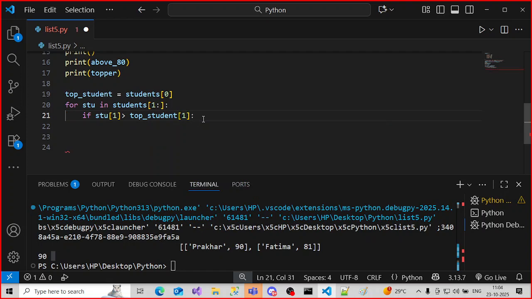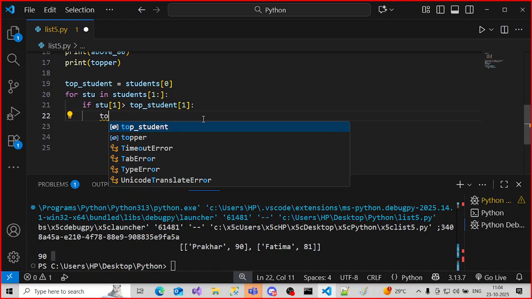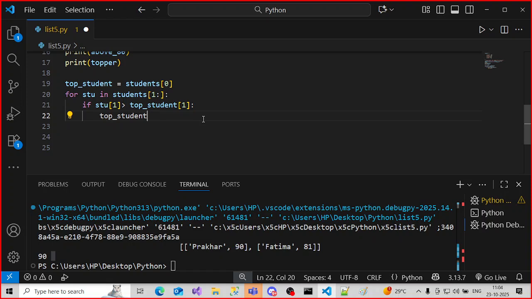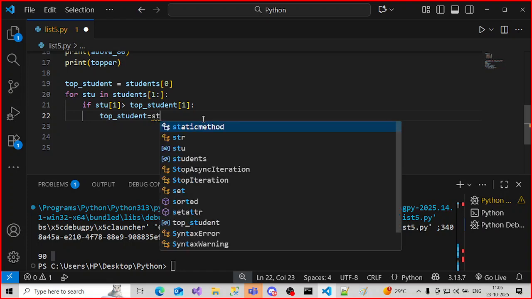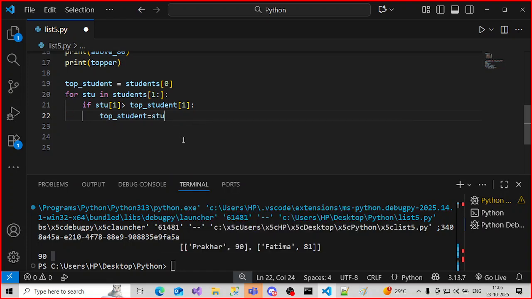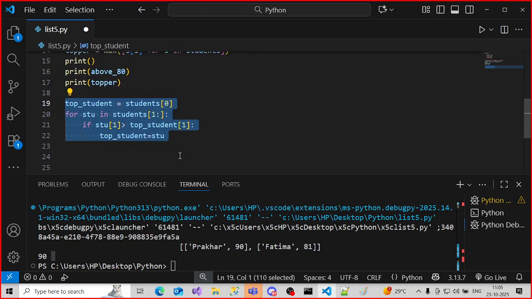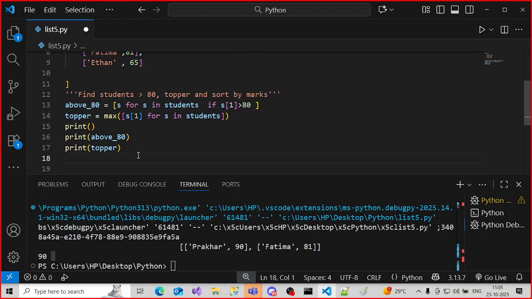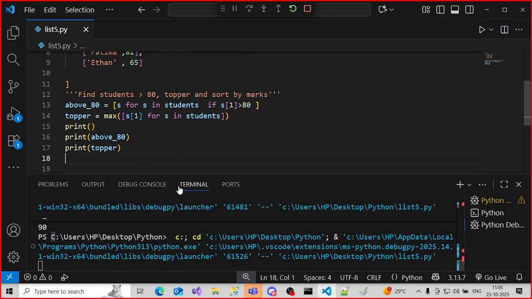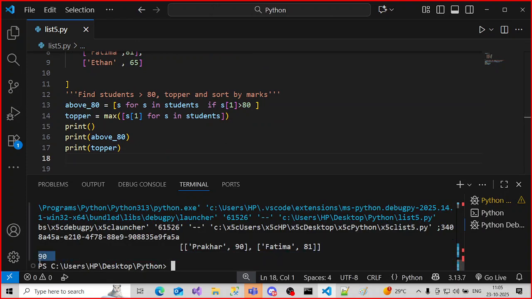then the top student will be equal to stu. This is the manual way, right? This is the manual way. But if you are able to find the index of, because you are able to jump up to this place 90, and